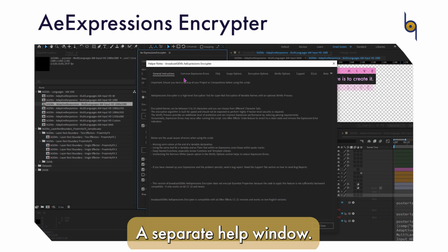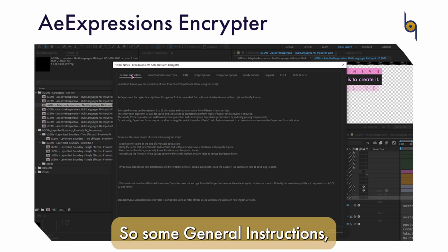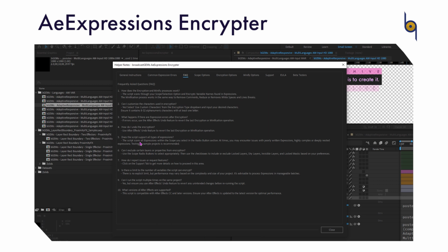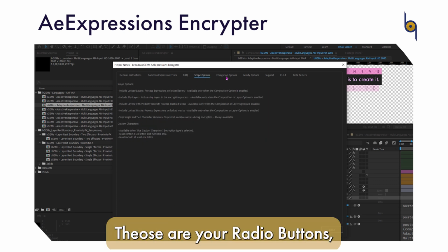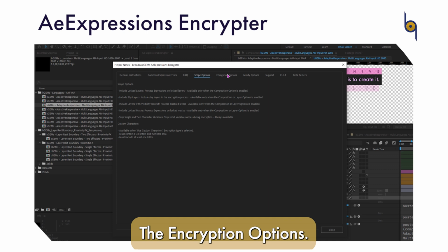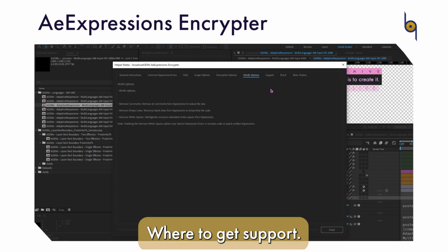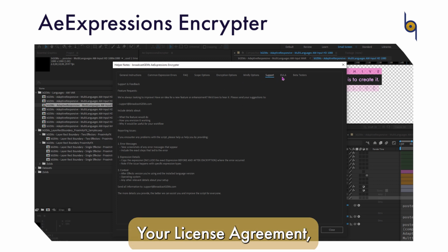And there's a help screen here. Well, not help screen, but a separate help window. So some general instructions, common errors, MFAQ, scope options. Those are your radio buttons. We've covered that. The encryption options, minify options, where to get support, some extra info, your license agreement,